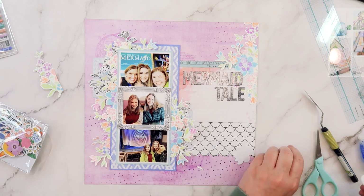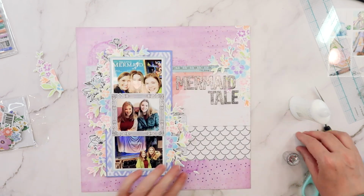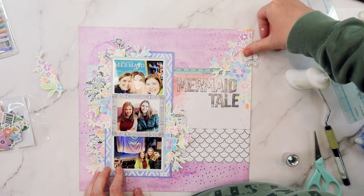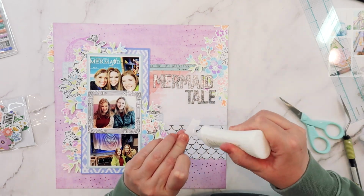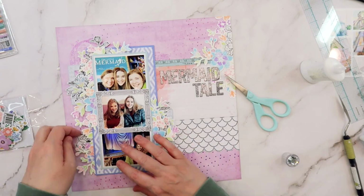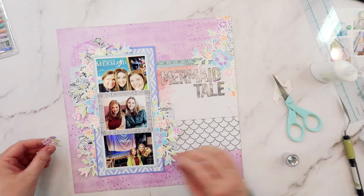I added those black and white florals to my previous flower clusters. So as I've built out these trailing flowers just kind of spilling out from around these photos, I needed to go back to that same flower pack and bring in some more black and white flowers. I only had 2 single flowers left, so I used the larger one on the left side of the photo column, and then I cut the smaller one in half and clustered those together in the top right corner of